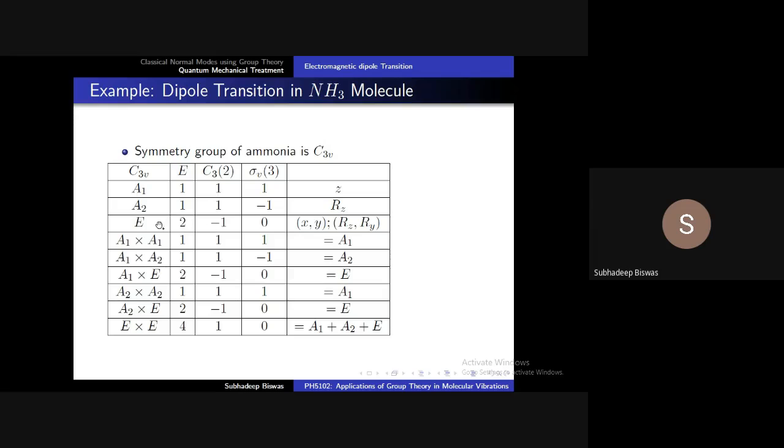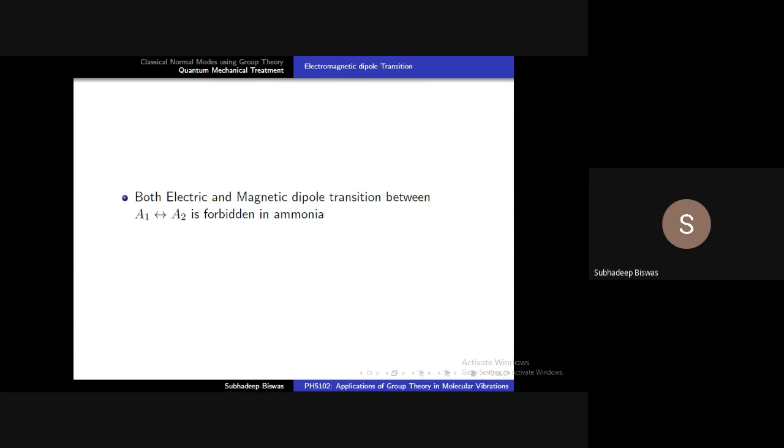We have skipped the semi-classical calculation. The important thing here is, if we look at, for example, a transition from A1 to A2, we will see that we can't find any transition from A1 to A2, both for electric dipole moment and magnetic dipole moment. The reason behind this is if we want to go from A1, then we will always reach either A1 or E, but we can't reach A2 in any way. Similarly, from A2 we can't reach A1. These are symmetric relations. We can reach A2 from A2, or we can reach E from A2, but we can't reach A1 from A2. So this is the reason this A1 A2 transition is forbidden in